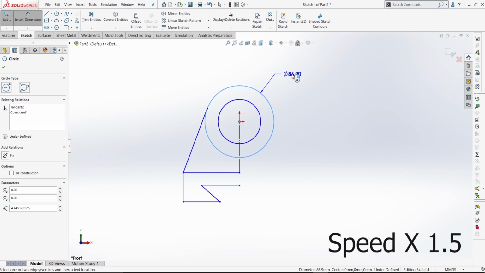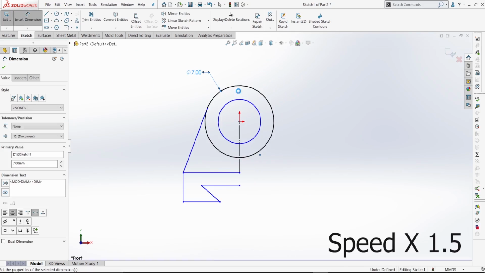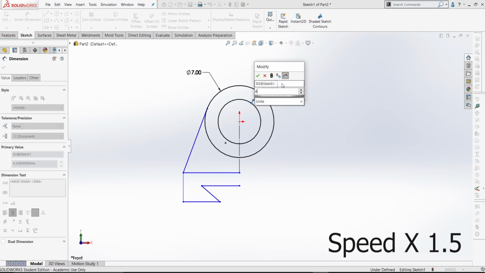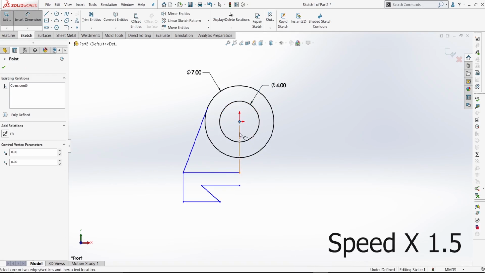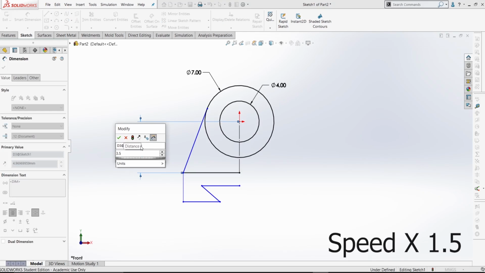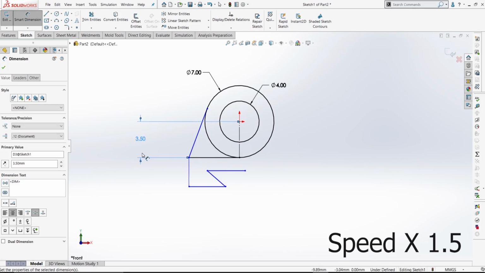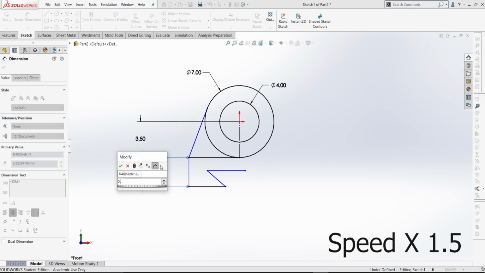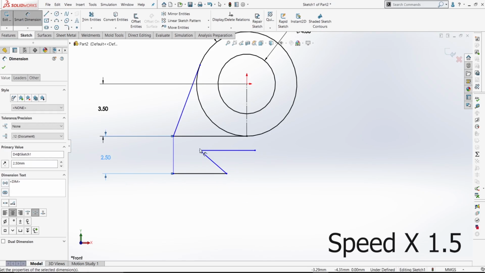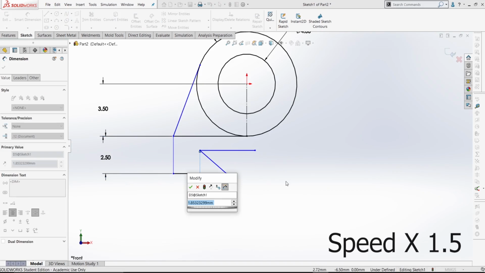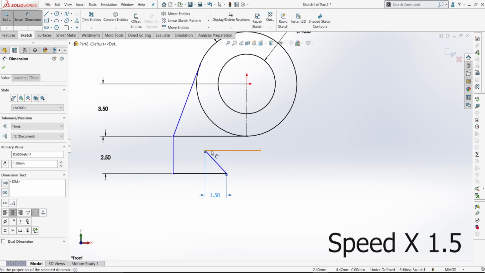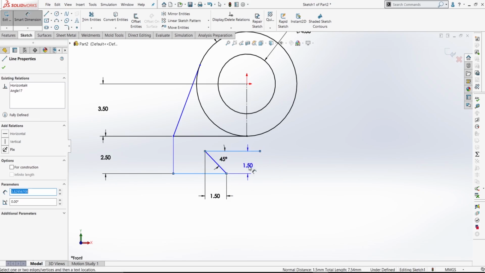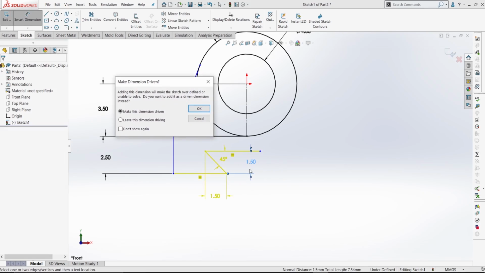Diameter 0.7 millimeters, and this one is 4 millimeters, and then this one is 3.5 millimeters. Then I have 2.5 millimeters over there, and then it's 1.5 over here. This also is a very simple sketch. 1.5 over there, and then 45 degrees from here to here, and after that I have a 1.5 vertical dimension over there. Over defining that,